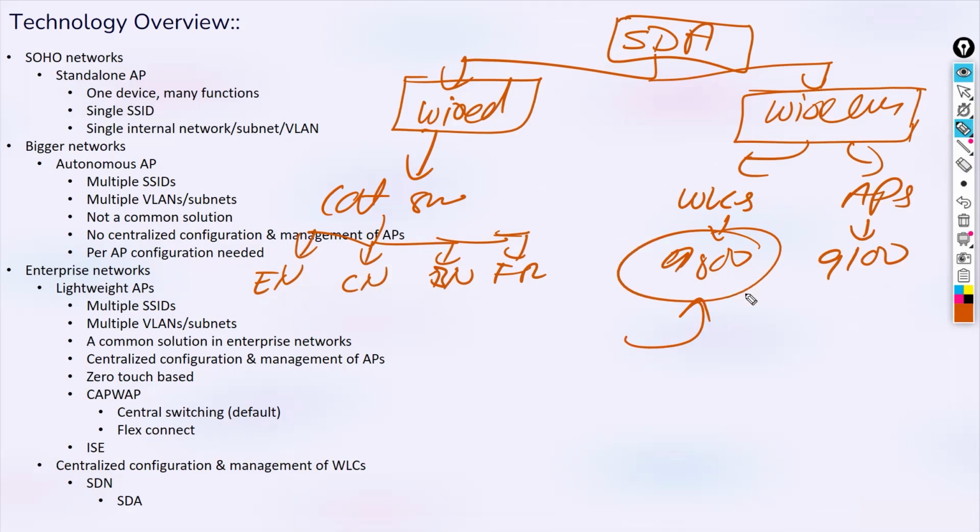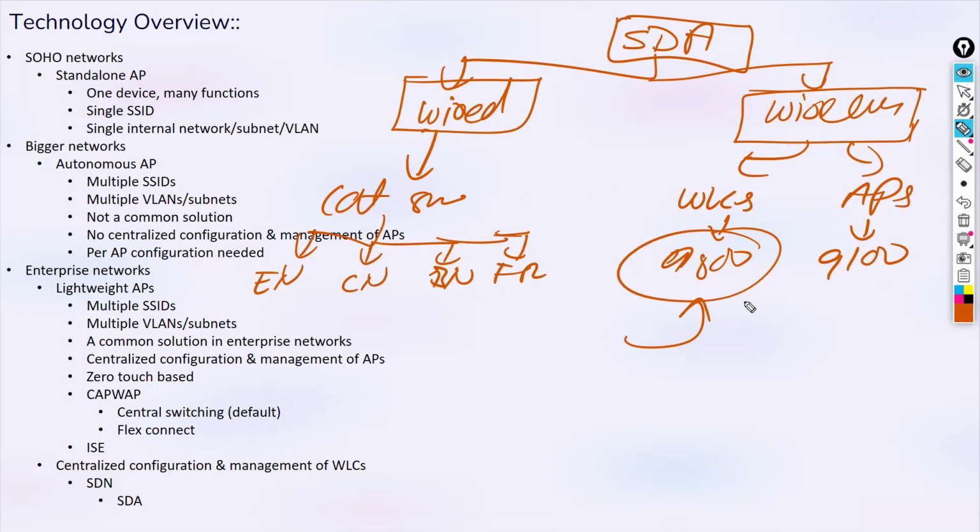All those controllers are, I think, revamped. But I hope you got the idea that this is how things are changing, how enterprise wireless has been around for the last 4 or 5 years, and how they are rebranding and changing things, adding, removing, like they tend to do after every relevant time of 5 years.